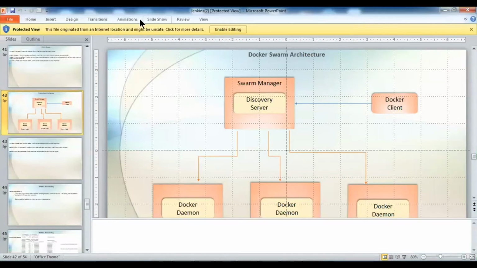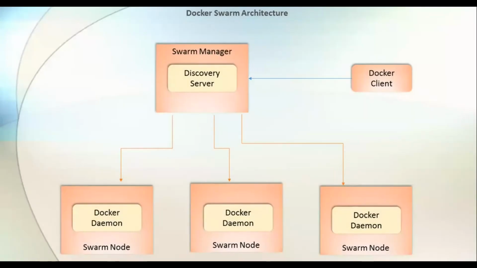Hello everyone. Today we are going to see a Docker cluster. A Docker cluster we call a Swarm. The Swarm basically provides a cluster management and orchestration feature that is already embedded in the Docker engine. So we do not need to install any third-party tool to add the clustering feature in Docker. By default, it comes with the Docker engine in the form of the Swarm toolkit.